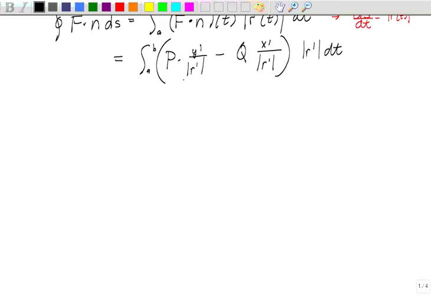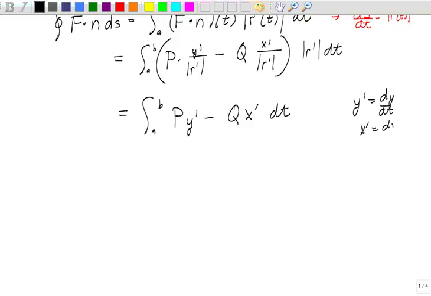Then this is going to be the integral from a to b of P y prime minus Q x prime dt. y prime is dy/dt and x prime is dx/dt. So this becomes